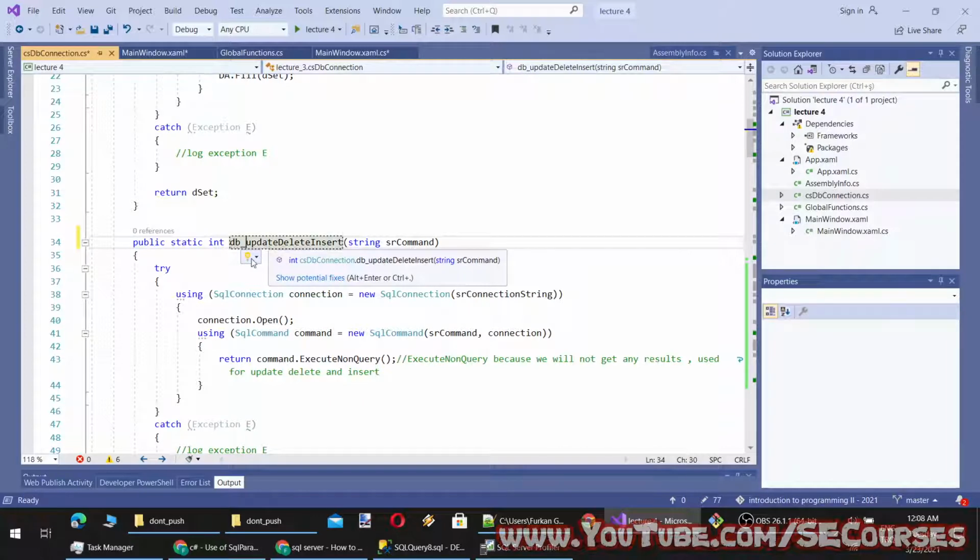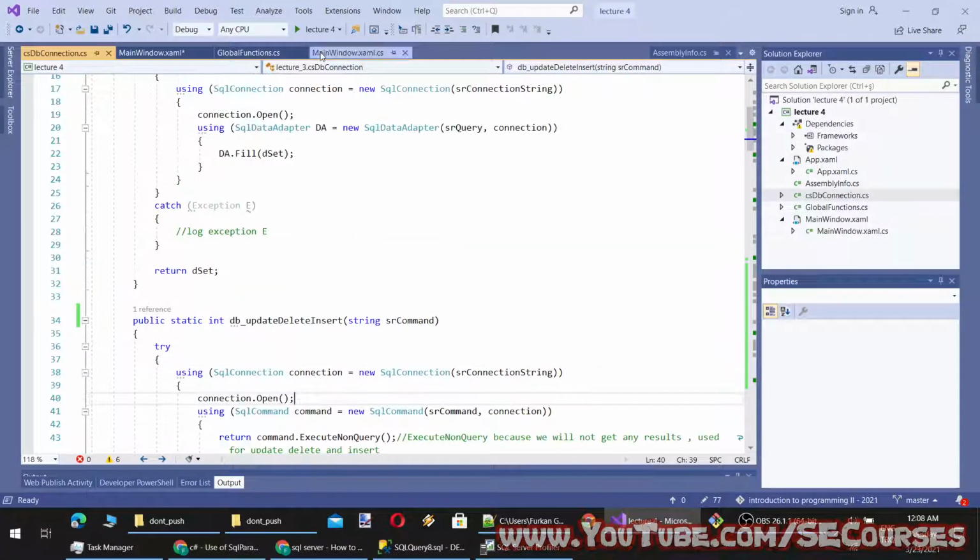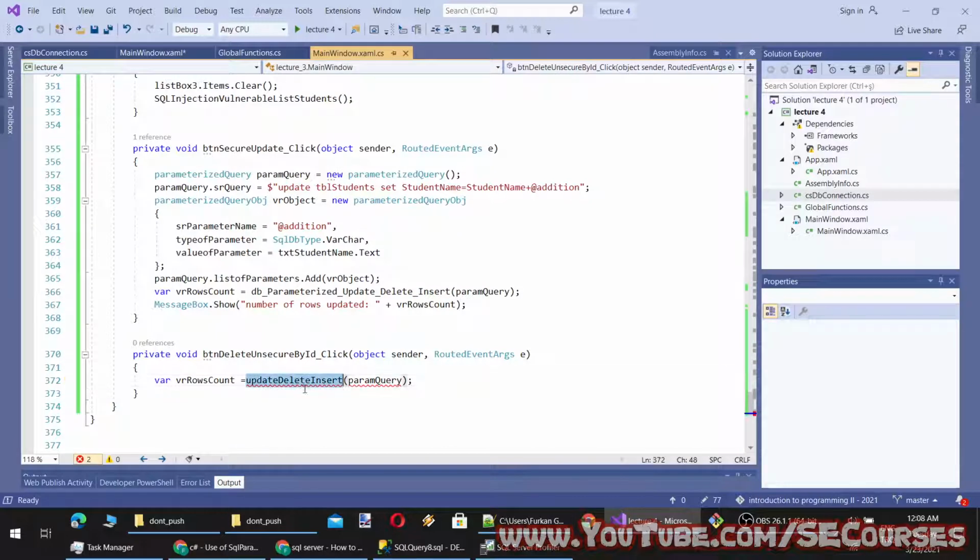When you change your method, you can click rename and it will rename all the references, you see. Currently we had only a single reference. Now we are going to have the other reference as well.